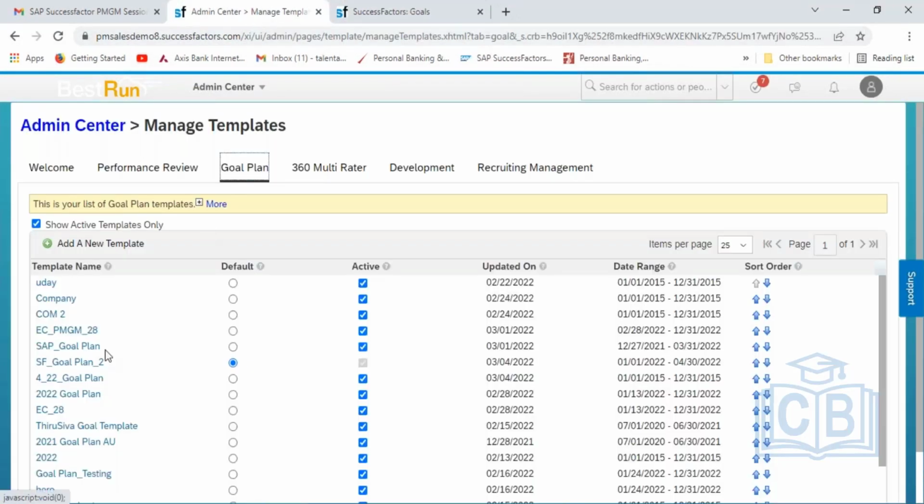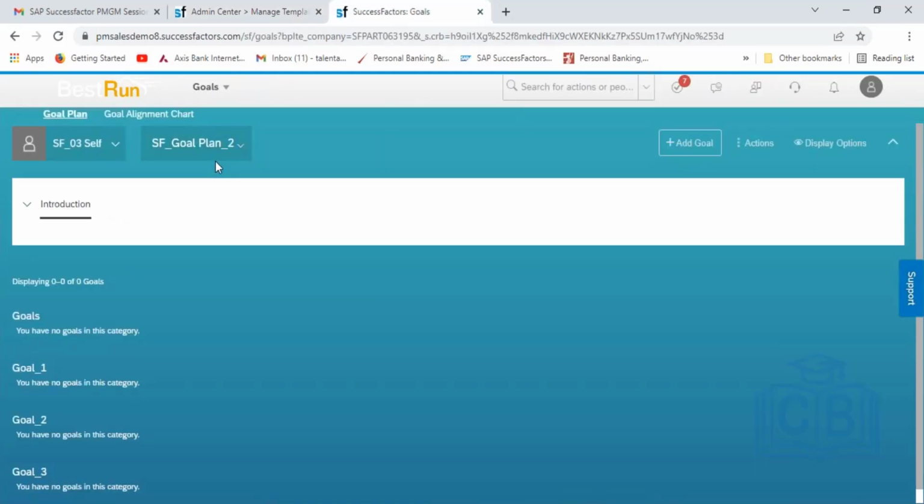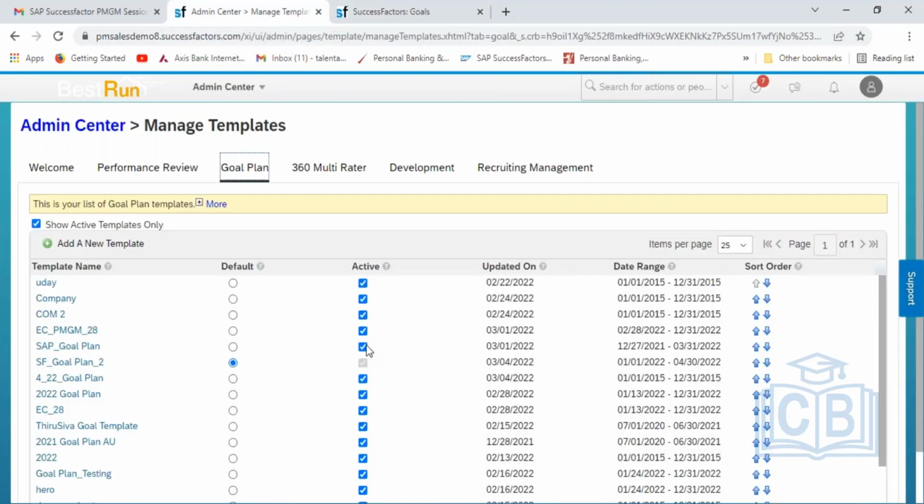Yeah, here it is default. So whatever default you are setting, that will be reflected here. That is the thing I want to show you. Then the active part, whichever you want to keep active, updated on date, range, all these things are there. So here, once you click on add new template,